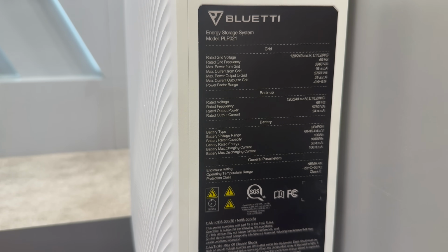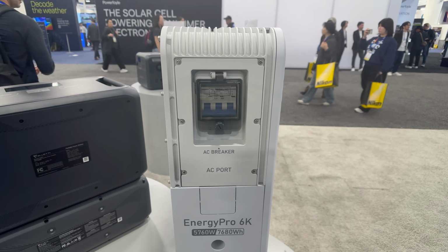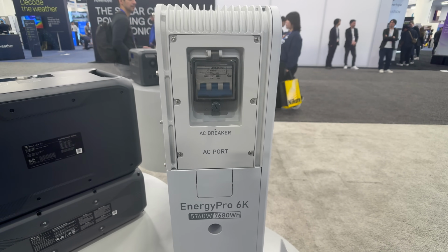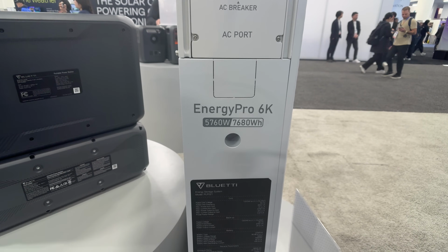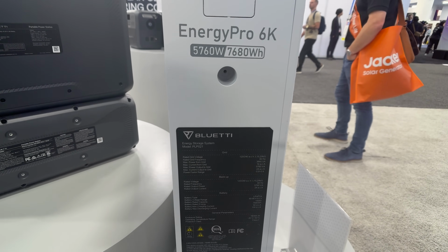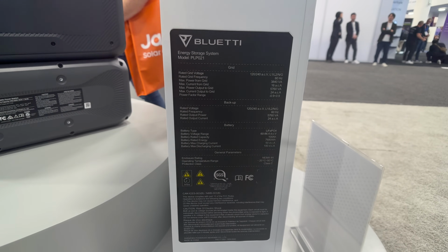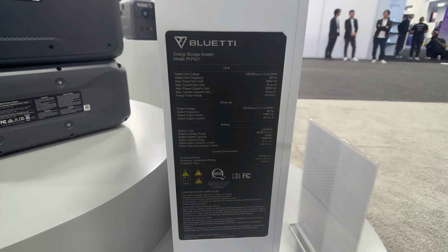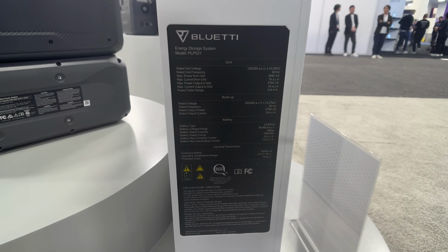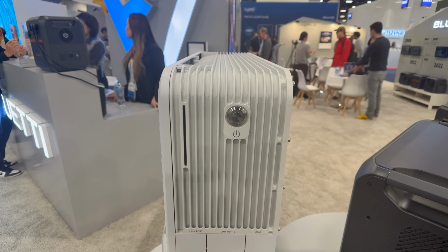So it is rated for both indoor and outdoor use. As you can see, this is a different one. They had several of these in the booth. This particular device, being that it is AC coupled, requires an additional component to actually disconnect the house from the grid when the grid goes down in order for this device to safely feed power back to the rest of your house. So that does imply that they have to release yet another device in order to do that, and